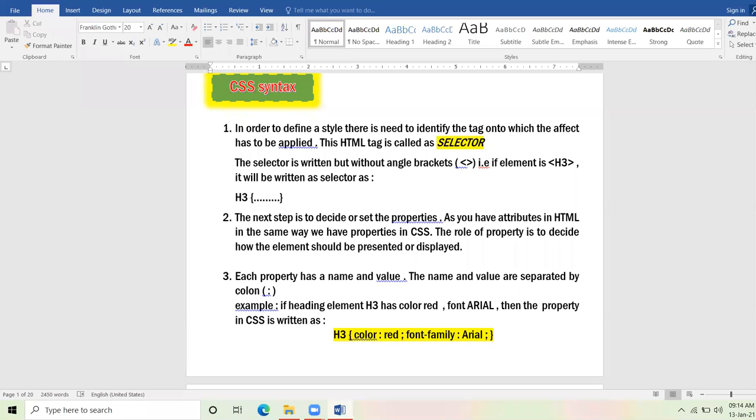And the tag onto which you apply the property, the tag on which you apply the style rules, on which you apply the visual effect, that tag is called the selector. In HTML, we call it tag. In CSS, we call it selector. Am I clear up till here? 10th class, am I totally clear?